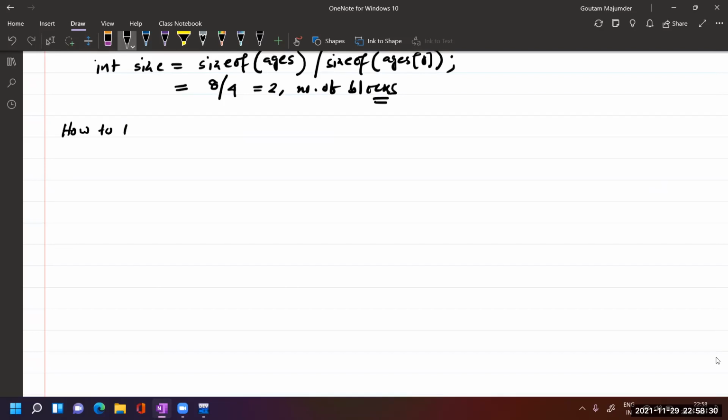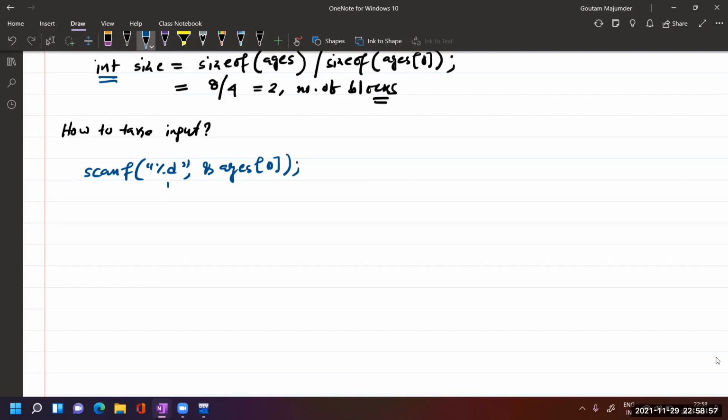So how to take input? We definitely use the function scanf. What type of array? Suppose my array type is integer, so I use %d, and then I pass the address of each item: address of ages of 0.